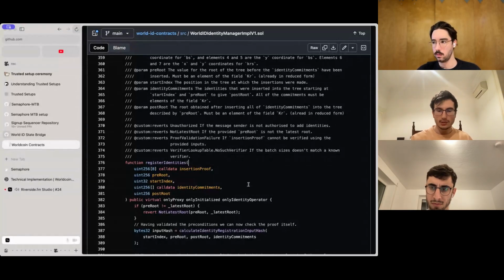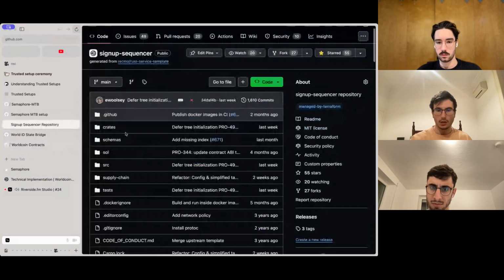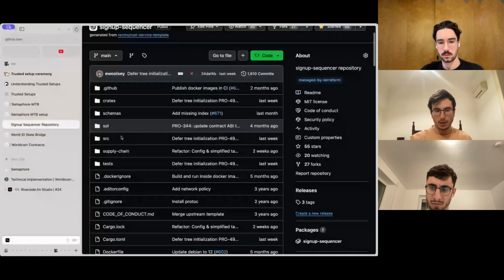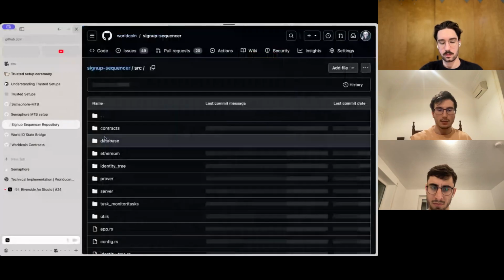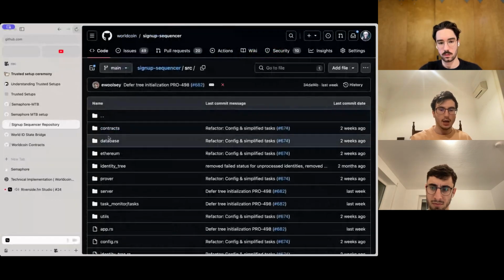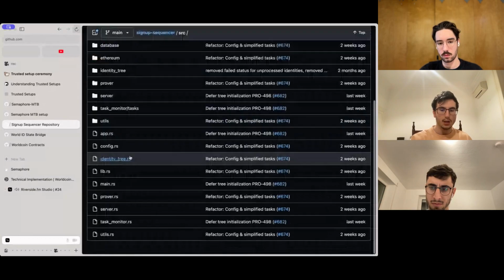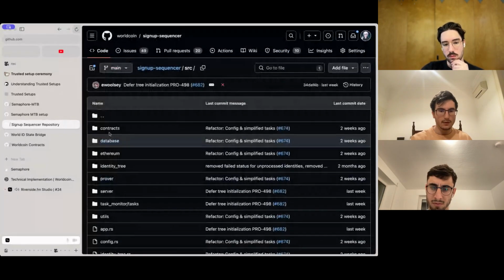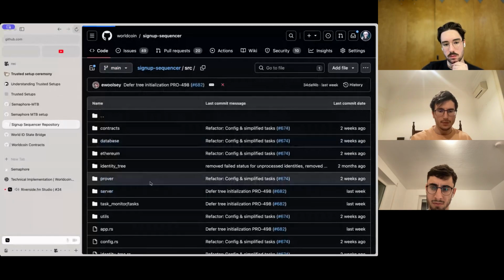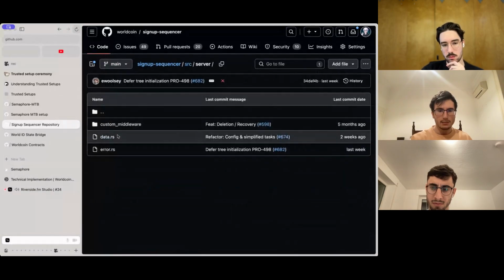The way that we insert these is like a permissioned identity operator, like a relayer. It's essentially an EOA that calls this method from a service called the signup sequencer. I'm happy to walk over that. I was about to get to it in a little bit, but it's essentially a Rust service which has an on-chain Merkle tree, and it's a service that has a server, like a traditional server. I don't know which crate specifically we're using for that, but if I go to server, mod.rs, somewhere here,